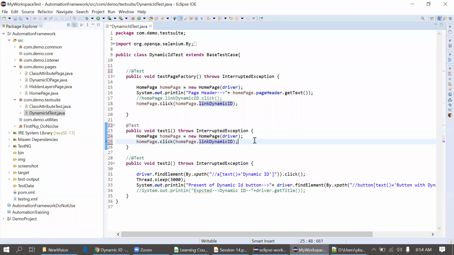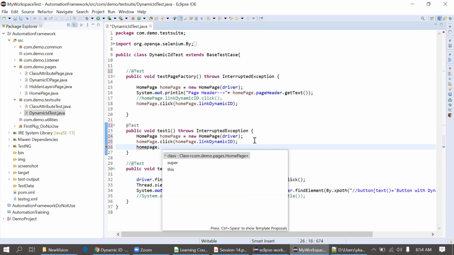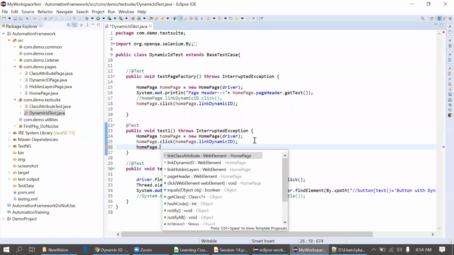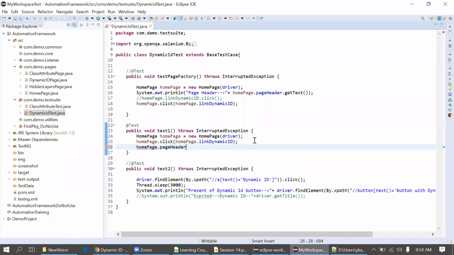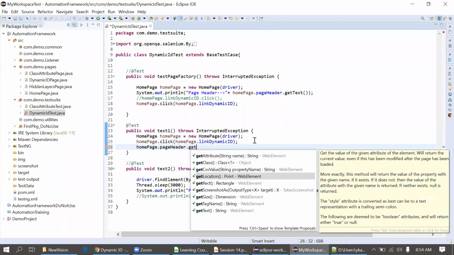So I will put one assertion here. I will put a simple sentence here, then put it into the assertion. Home page dot, now you can see page header dot, we can use the method get text.